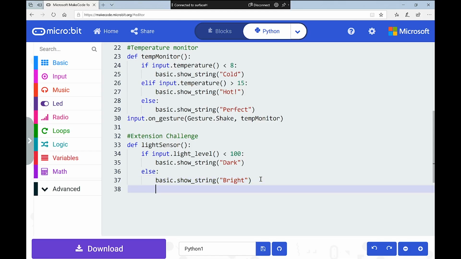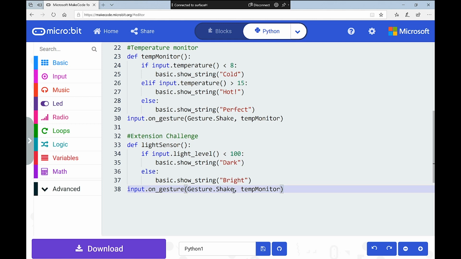So if I go down a line and I come back out and back out again, now I'm going to need to call my function. And I'm going to use this line. I'm actually going to copy this line and paste it. Now it's after indenting itself, so I need to bring it back out again, so it's a new line of code. And it's input.onGesture, gesture.shake. Now we've used shake up here, so I can't do that again.